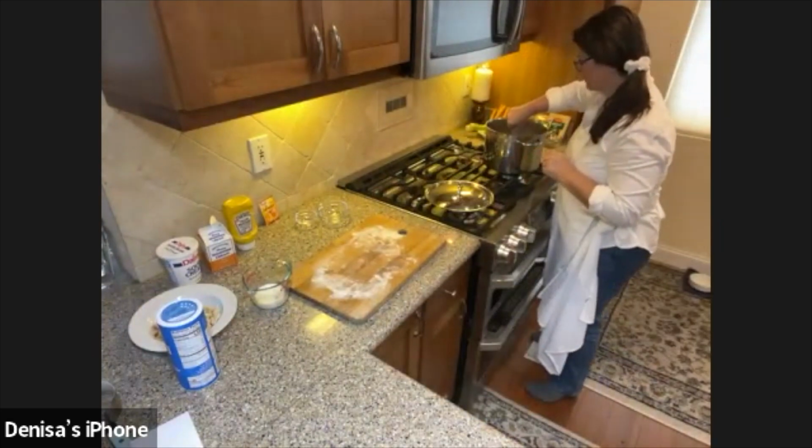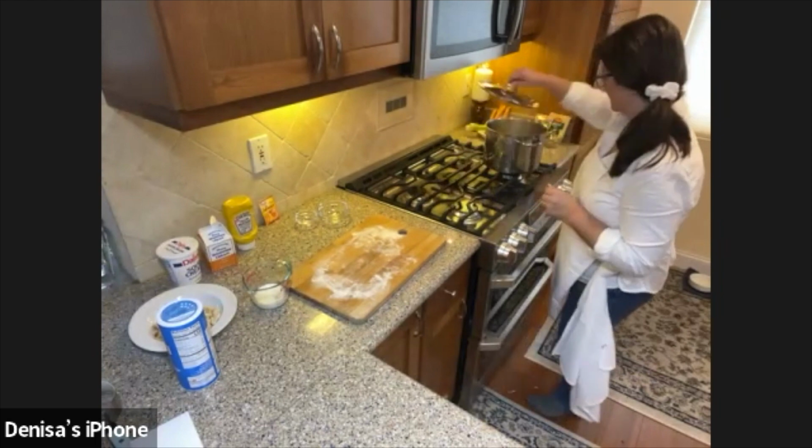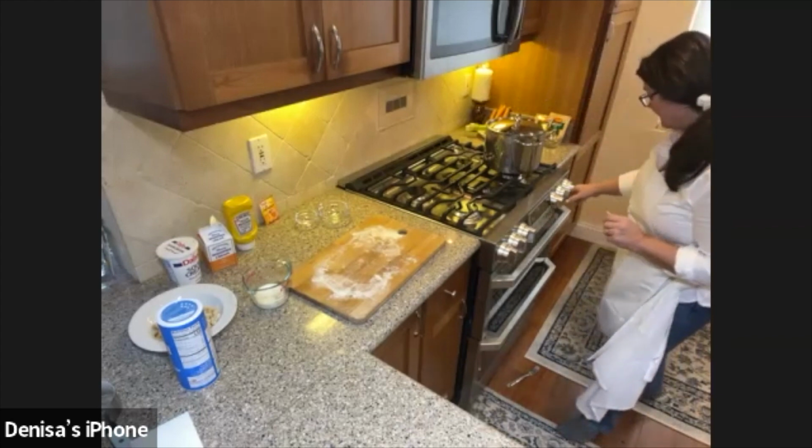So I would go and revisit, make sure it's floating, and then I can float it up and make sure it's boiling. Once it starts boiling, you want to turn it down and then have it simmer